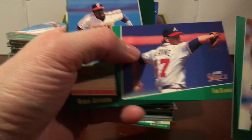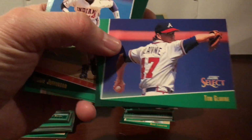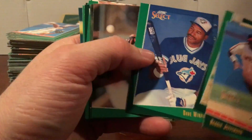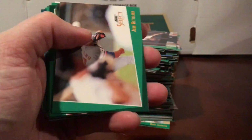I think when you list stuff in auctions, it sells for less. But if you put it in fixed price and you sit around and wait for the right person, you'll get a lot more for it. So I'd say like $6 in an auction, maybe 15 in a fixed price. But